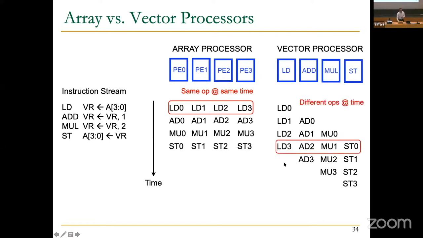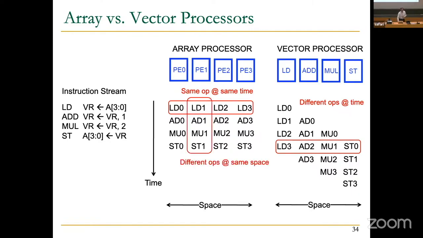But if you look at a vector processor, you do different operations at a given time, right? And in the steady state, you're still doing 4 operations. But that steady state may take some time to reach in the vector processor, as you can see. So if you look at the space, you do different operations in the same space in the array processor, whereas in a vector processor, you do the same operation in the same space, which is really the huge cost efficiency of